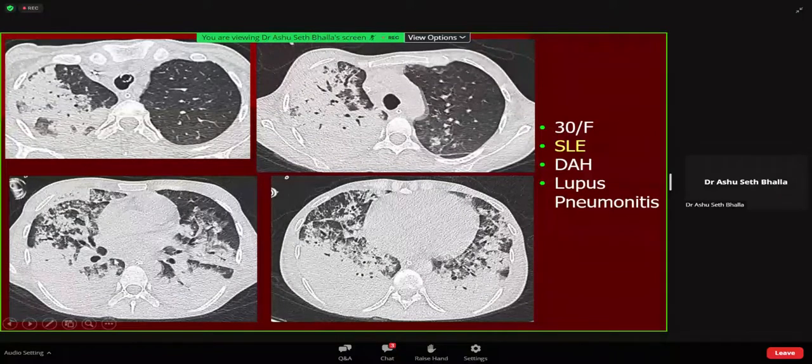But subsequently, this patient worsens, and when we do the CT, you get a distribution like an ARDS, which means that there is a distinct apicobasal, plus a distinct dorsoventral gradient. But is it like a typical ARDS? Not really, because typical ARDS should not have this asymmetric large area of consolidation. So we are not able to be clear whether the patient has superadded infection or not, because the patient has been immune suppressed for the SLE. And